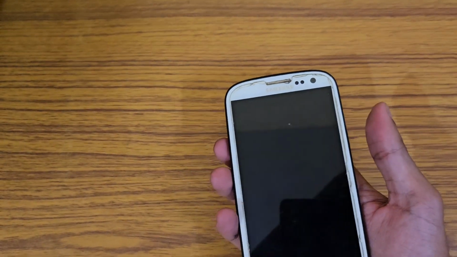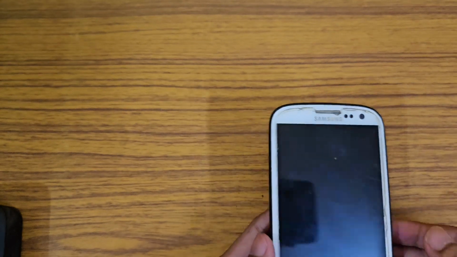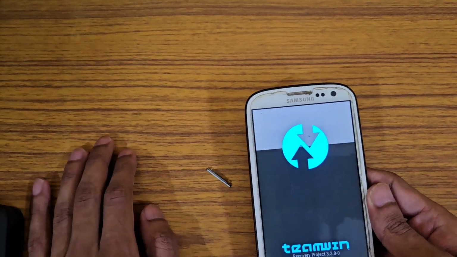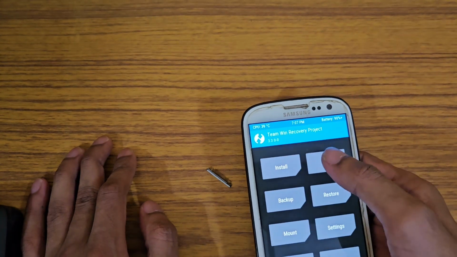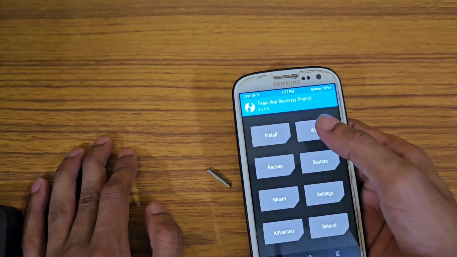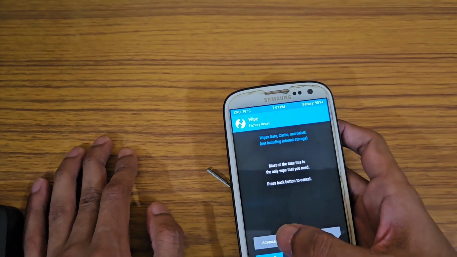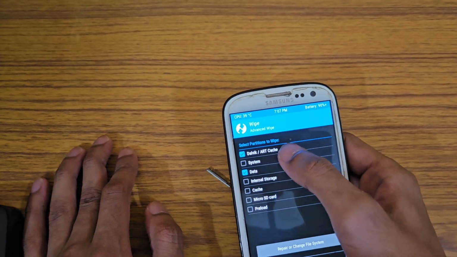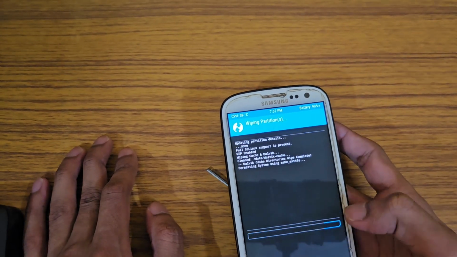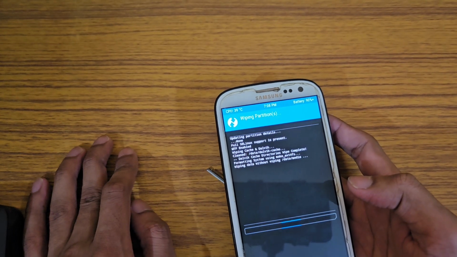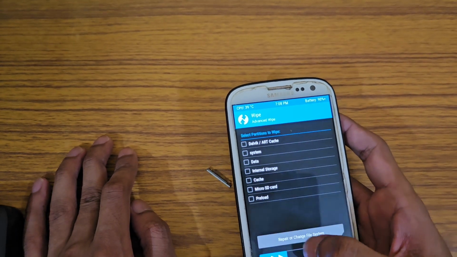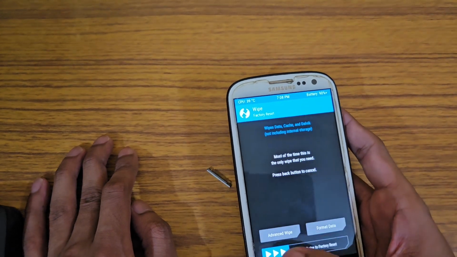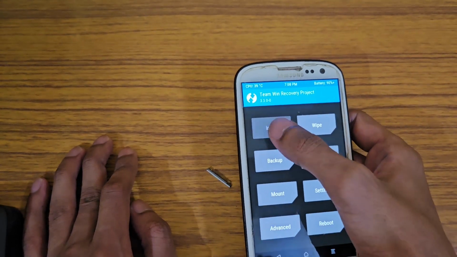I'll just do that. Okay, so I have booted into TWRP recovery and I've already downloaded the file and put it inside the memory card. So all I just need to do is wipe, go to advanced wipe, dalvik cache, data and system, and then do that. Then go back, wipe again, then back, then go to install